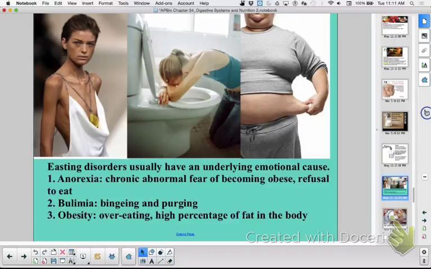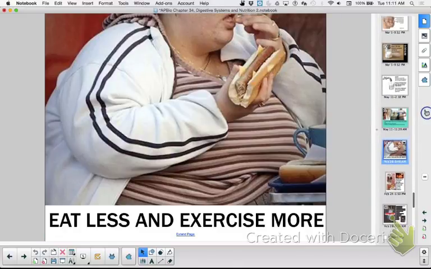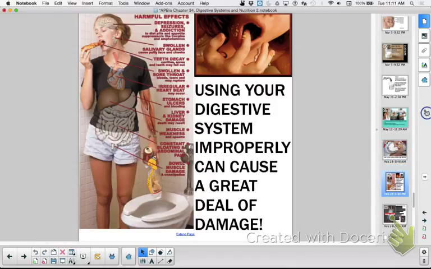And along this line as well, it could be genetic. You could be predisposed to being heavy. You could be predisposed to being skinny. But if you're eating too much or too little, it affects you. It affects your endocrine system when you're living like this. I hate to gross you out, but there are men who will generate breast milk because they're overweight and they have issues with their hormonal regulation, okay? And that's not their biggest problem, but I'm sure that's one of them. Using your digestive system improperly, you have structures that perform a function. So when you use it the wrong way, it can cause devastating effects.